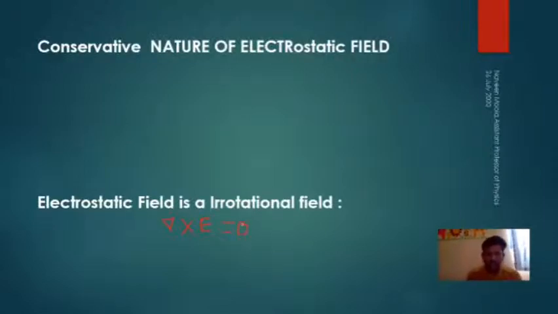But as the electrostatic field is a conservative field, E can be written as the gradient of a potential, the gradient of a scalar. That means here we have curl of grad V. In vector identity, we know the curl of the gradient of any scalar is 0. Simply we can say, without even doing the calculation of del cross E, that del cross E is equal to 0, as E can be written as the gradient of a potential.